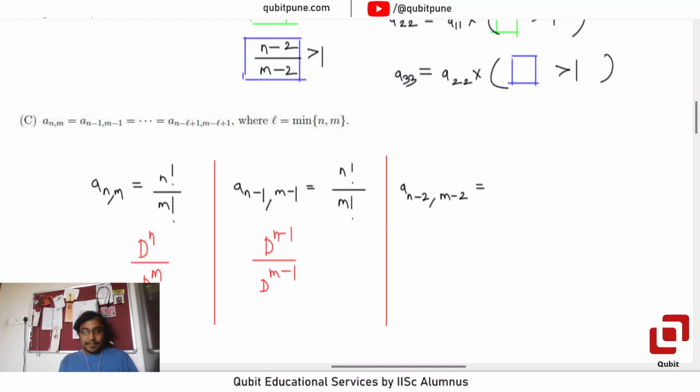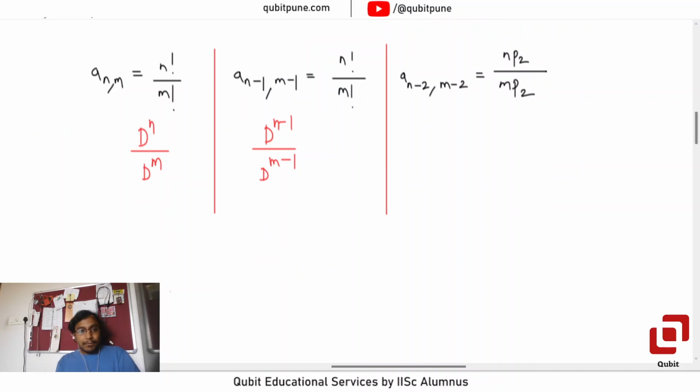Okay, well, it is actually nP2 upon mP2. Now why am I suddenly bringing permutations here? Look here, when I differentiate a function n times, let's say x raised to n, what is the sequence of coefficients that I get? I get n first, n into n minus 1 second, n into n minus 1 into n minus 2 third,